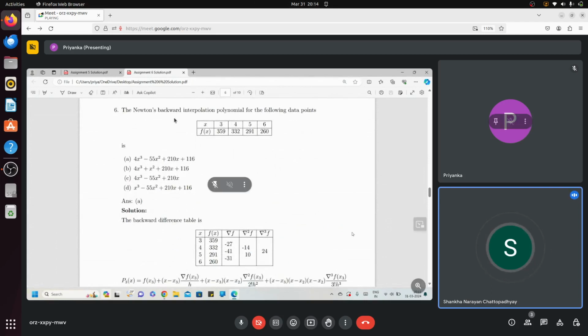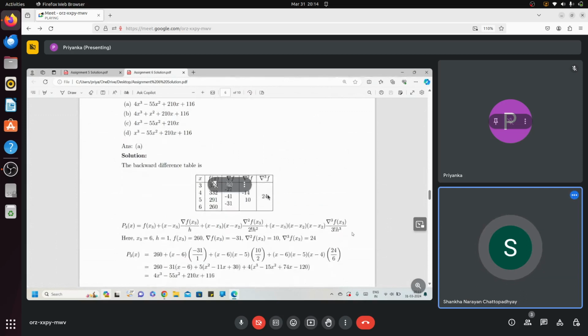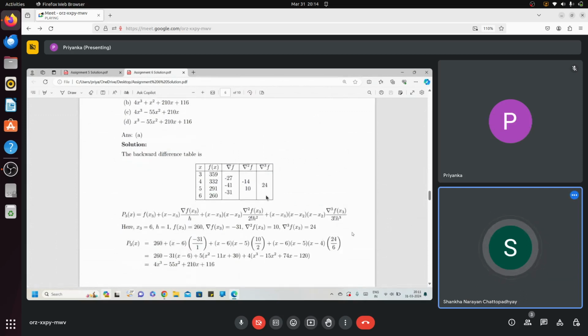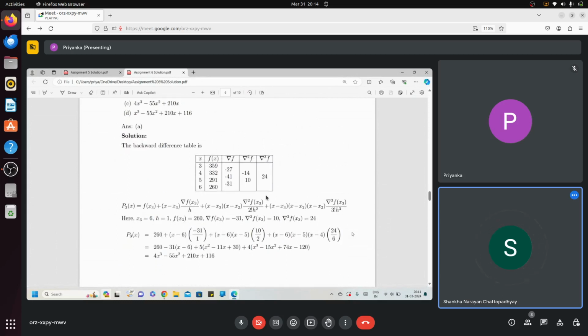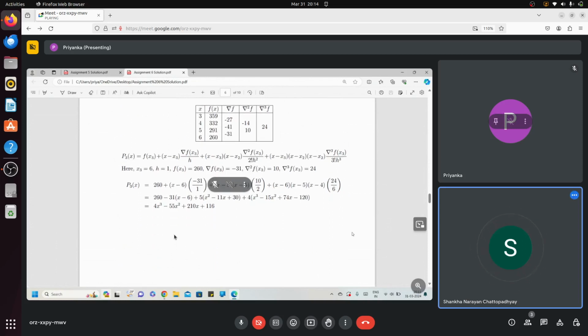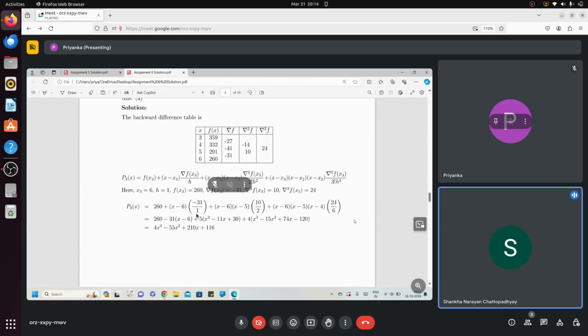Okay, Newton's backward interpolation polynomial for the following data points. Again, similarly, you just compute the table, you just take the backward interpolation formula like this: 6 2 6 minus 3 1 10 2 4, and that will be your answer actually. इसमें डिस्कस करने के कुछ है ही नहीं, प्रियंका, है ना, इजी है, दिस क्वेश्चन इज जस्ट यू हैव टू यूज द फॉर्मूला. ओके, नेक्स्ट,